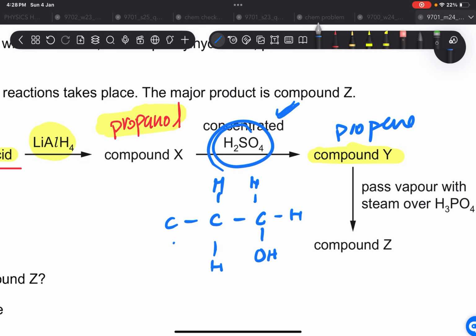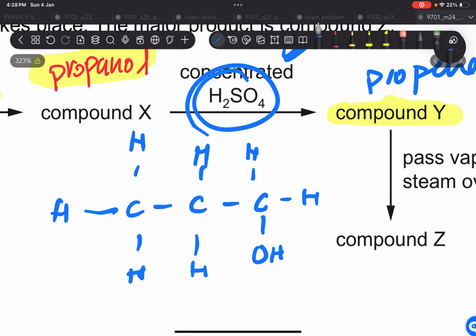This is your propanol. So what's gonna happen is that this OH and this H are gonna be removed, like this, and a double bond is gonna be formed here, forming propene. Now